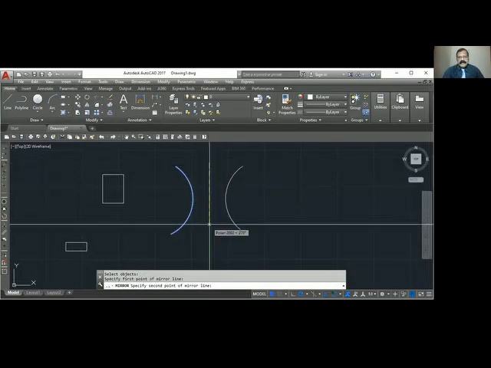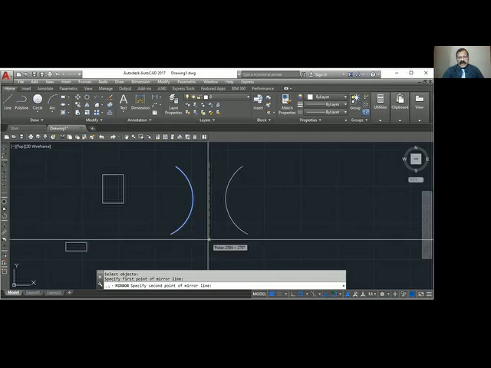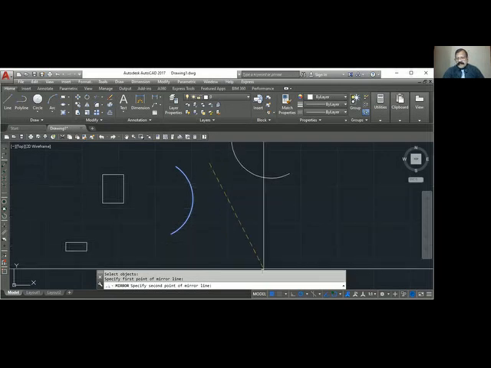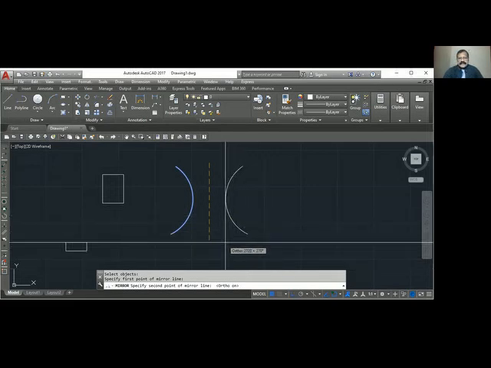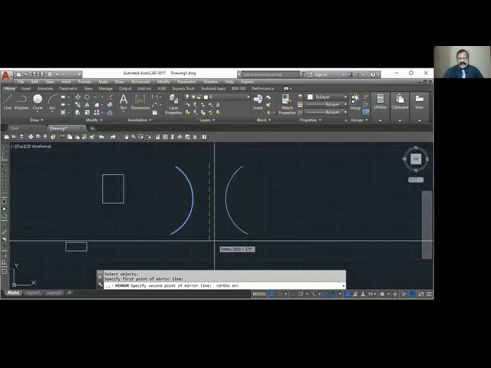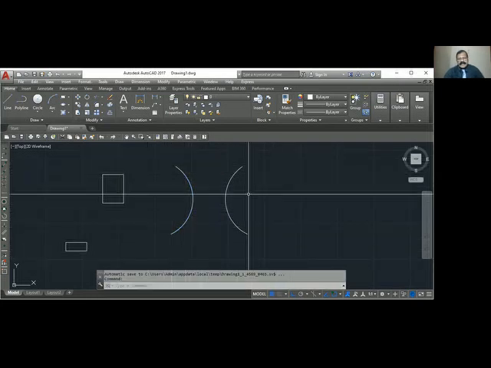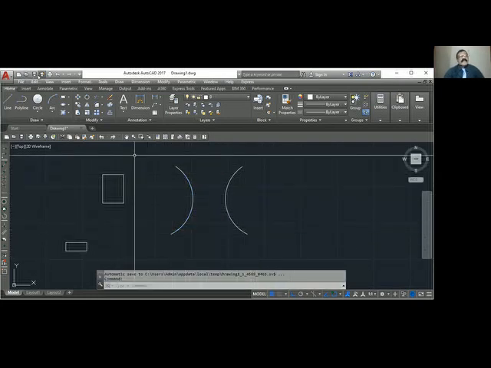One point. If ortho is on, you get exactly. Okay, we make the ortho on. The first point, second point. Now, do you want to erase the source object? No. Enter. So that is mirror. I'll repeat.